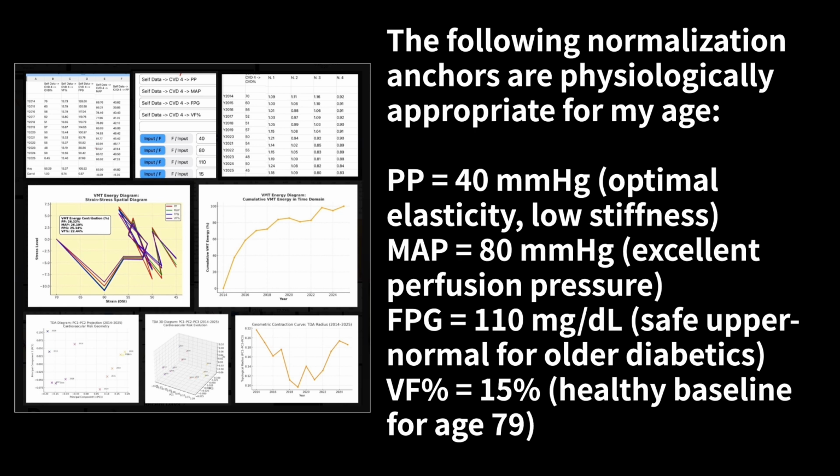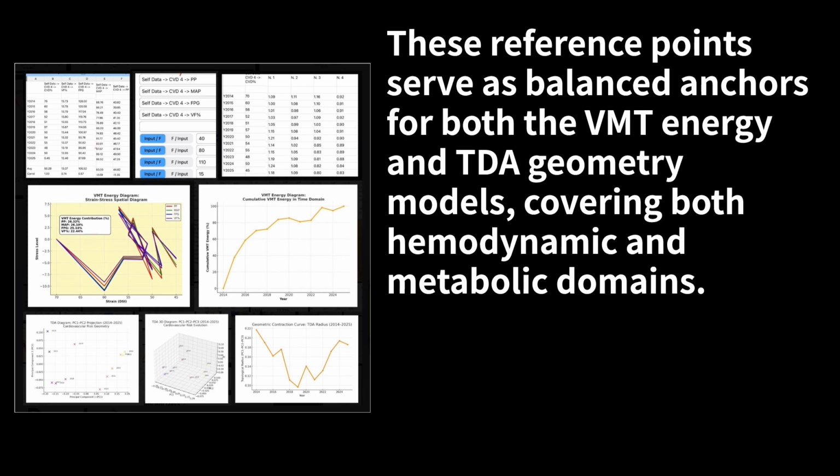PP is 40 mm of mercury, optimal elasticity, low stiffness. MAP is 80 mm of mercury, excellent perfusion pressure. FPG is 110 mg per deciliter, safe upper normal for older diabetics. VF% is 15%, healthy baseline for age 79. These reference points serve as balanced anchors for both the VMT energy and TDA geometry models, covering both hemodynamic and